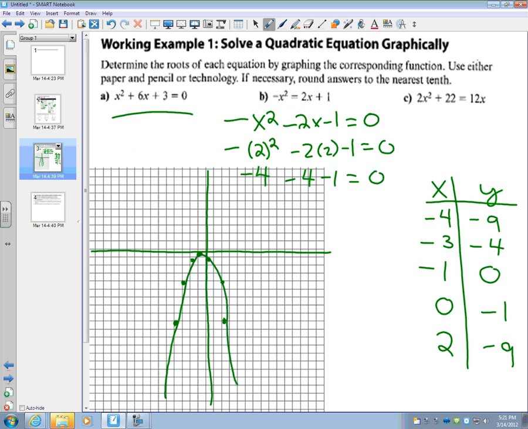So how many x-intercepts does this have? Just one right there. It just has one solution, and that solution is negative 1. That is the root. That's the x-intercept, the solution. All those things mean the same thing. Okay, next up we have